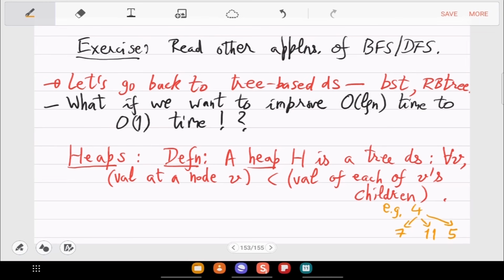So what do we want from this data structure? We have to first do the mathematical modeling. So query operations, query is only one. You want to query for the minima in this DS. Okay, Prateek is here, so that's not good news. Okay, so min is the smallest key in H.